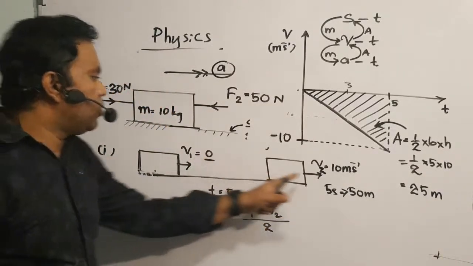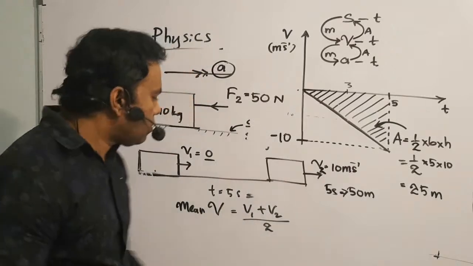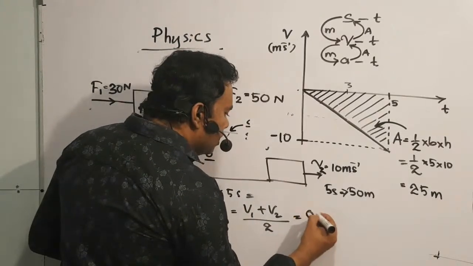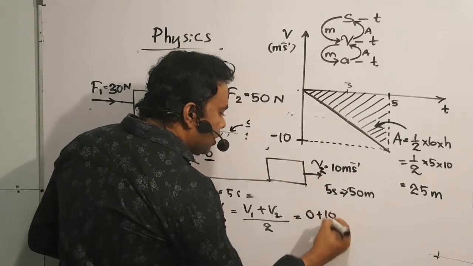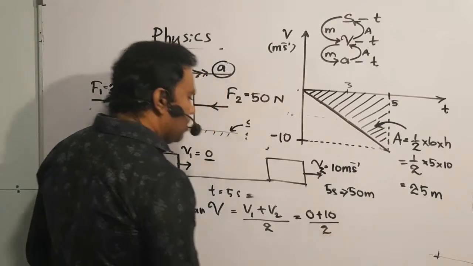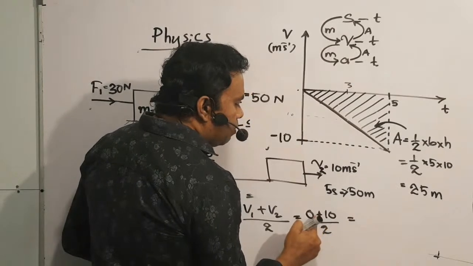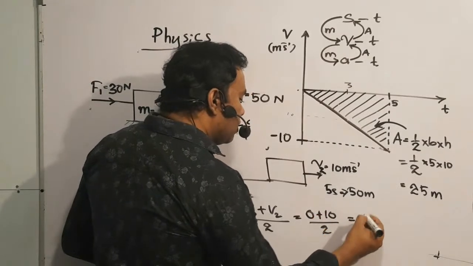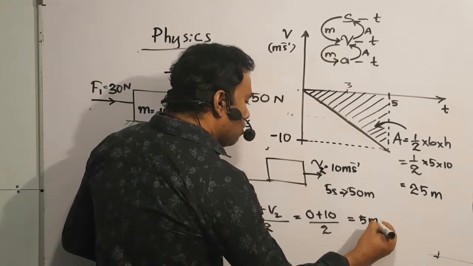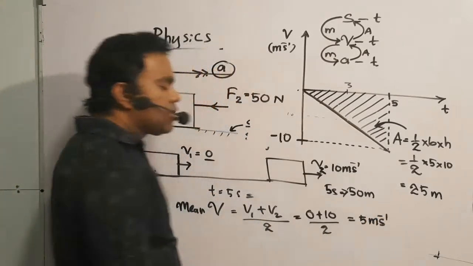පුතේ v1 v2 එකතු කරලා දෙකෙන් බෙදනවා. So how to do that? 0 plus 10 division 2. Then you can end up with 10 plus 0, 10, 10 divided 2. So that's 5 meters per second. So that's the mean